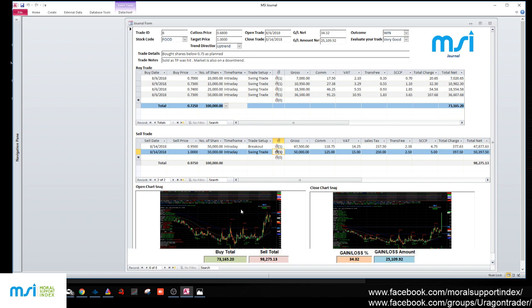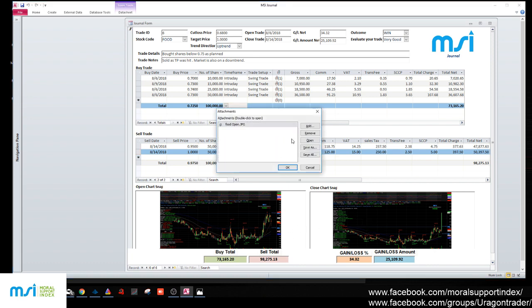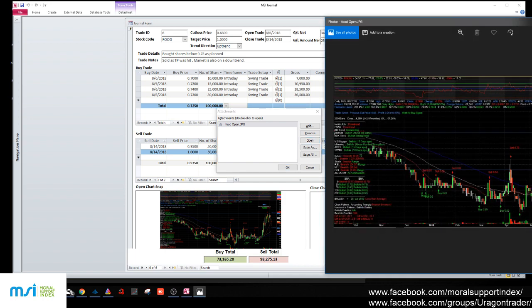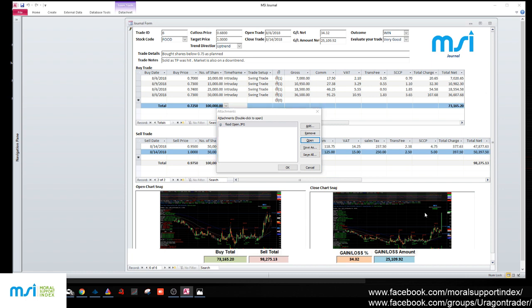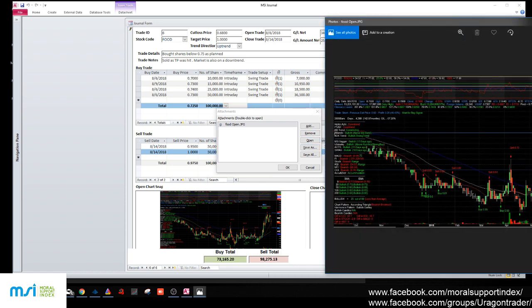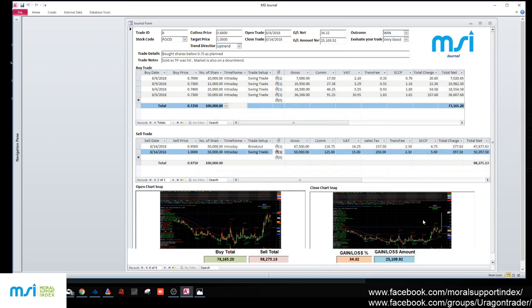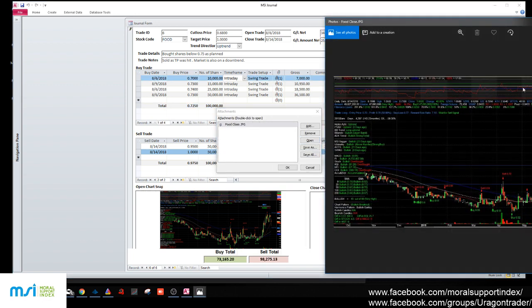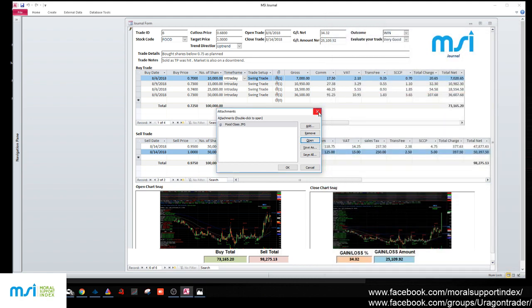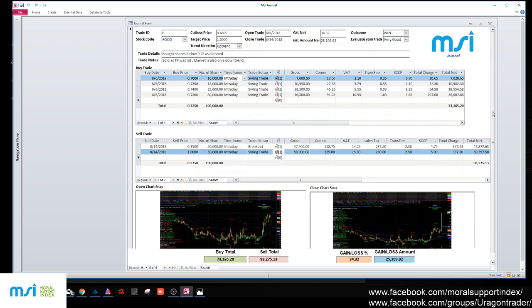Okay, so dito rin, makikita nyo meron tayong dalawang chart, open and close chart. Let's open the chart. Nung una tayong bumili, it was here. So nag-bounce siya. Diba? Tapos nag-close yung chart. Ito naman. Ito yung close trade natin. Ayan. Okay. So I hope you guys will be able to utilize this trading journal, and in the near future